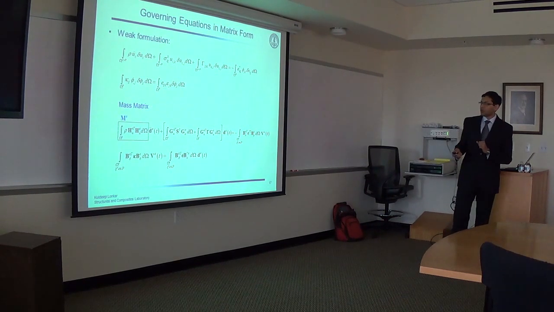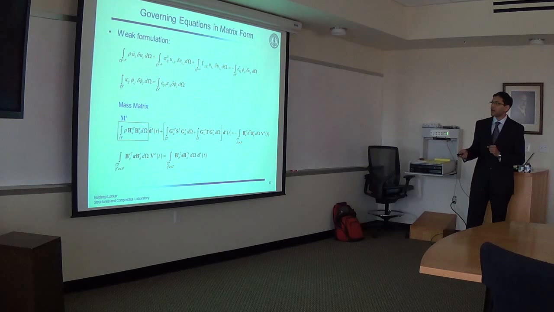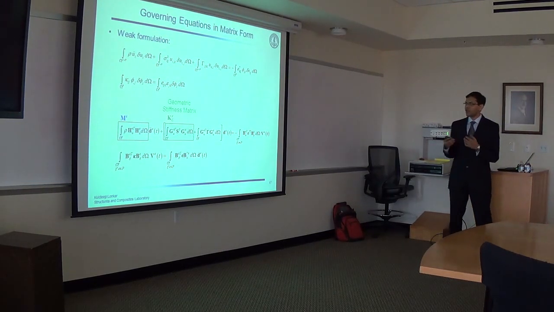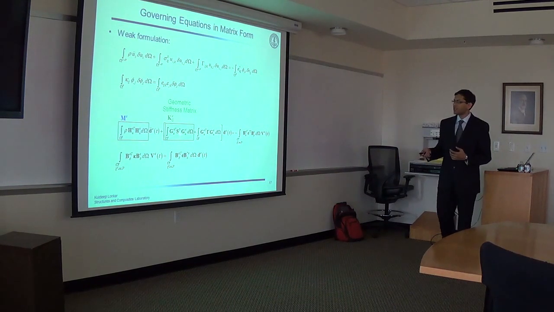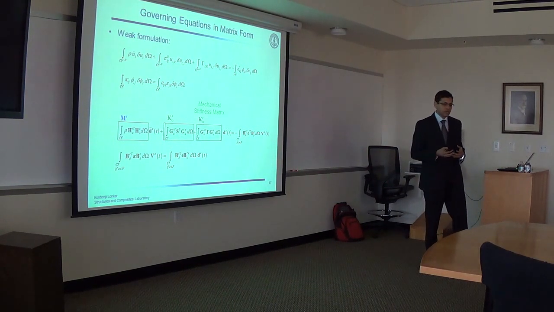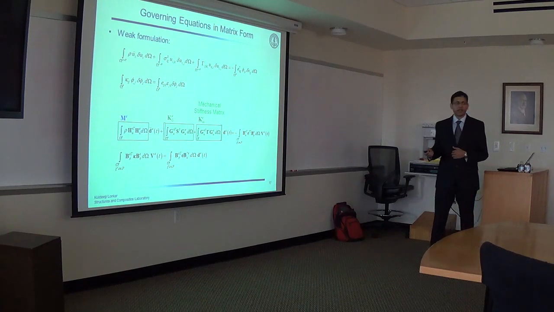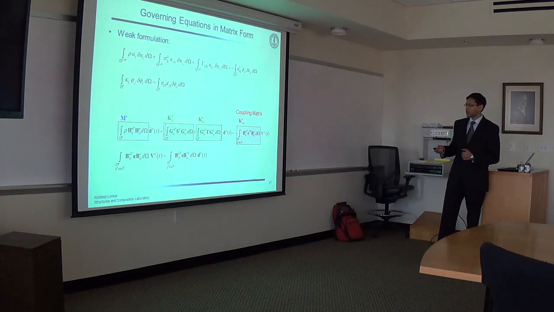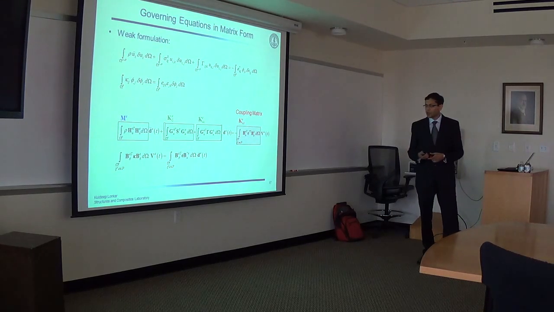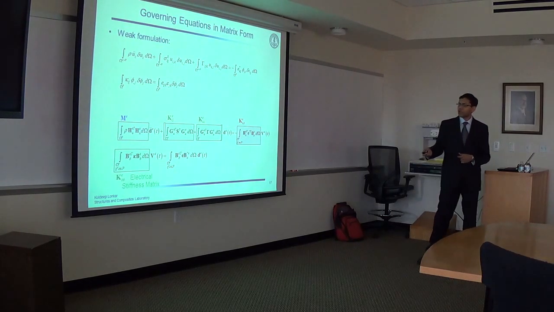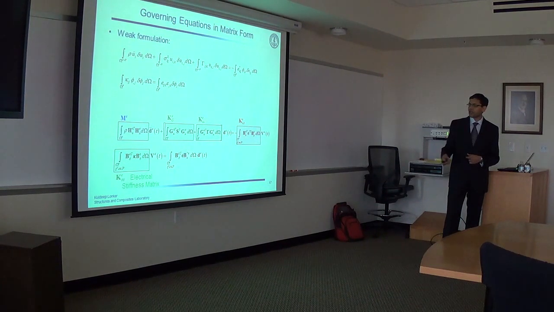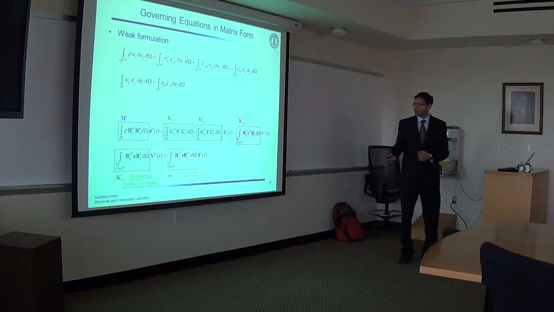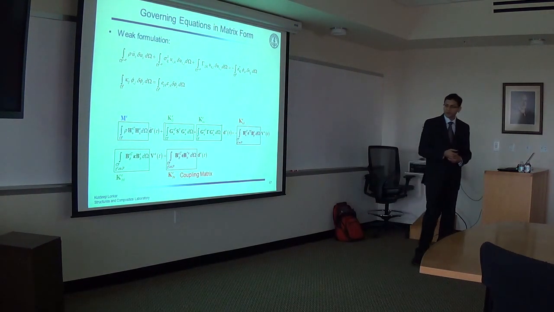So let me explain each term here. The first term gives us the mass matrix times the acceleration vector. The second term gives us the geometric stiffness matrix that depends on the initial stresses. The third term gives us the mechanical stiffness matrix, which depends on the effective elastic moduli. On the right hand side of the equations of motion, we have the coupling matrix. Now in Gauss's law, the first term gives us the electrical stiffness matrix, which depends on the dielectric constants. And then we have the coupling matrix for the Gauss's law.